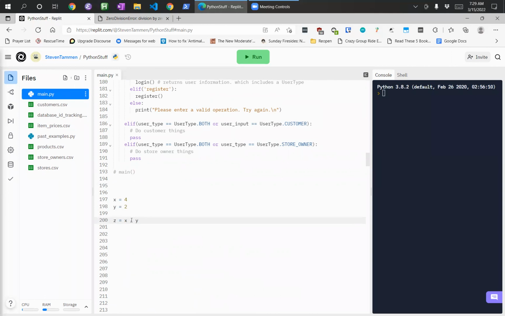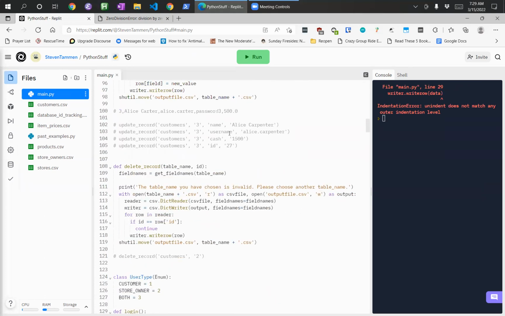I think by default division in Python isn't straight division, it's integer division, which doesn't work well if you have a remainder, because it'll truncate it. But that aside, you agree that if we print z here, we should get 2, right? So if we run this, we should get